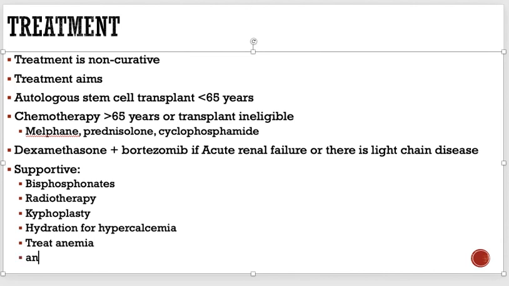Okay, antibiotics for infection. Okay, so things like this. The thing is, whatever you give, many of these patients relapse, the disease again starts growing and disturbing, and there is a lot of morbidity in these patients. So the disease is not so good, and the median survival is around 3 to 7 years. That's it. And again, we use the same scoring system I told you before, the International Staging System, ISS, to stage these patients.